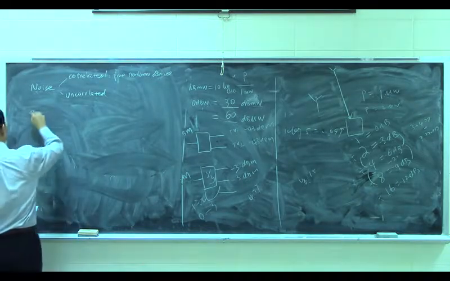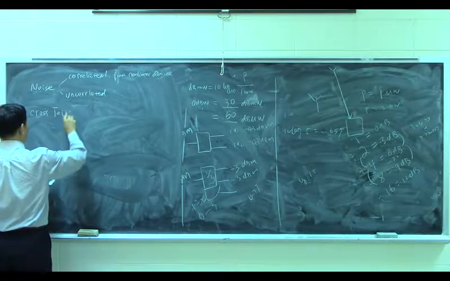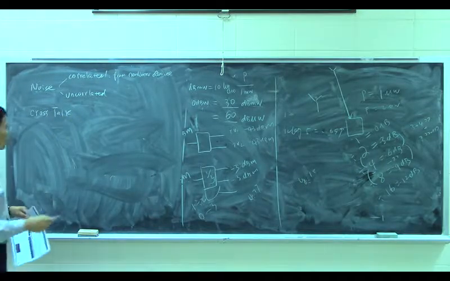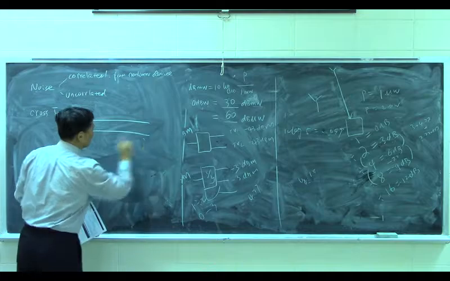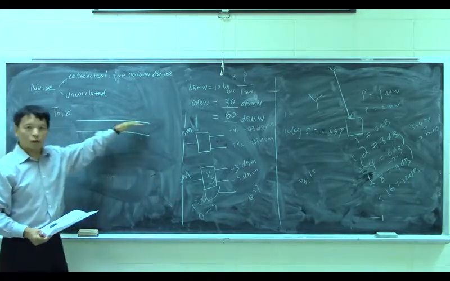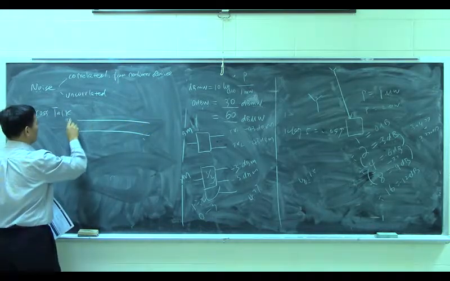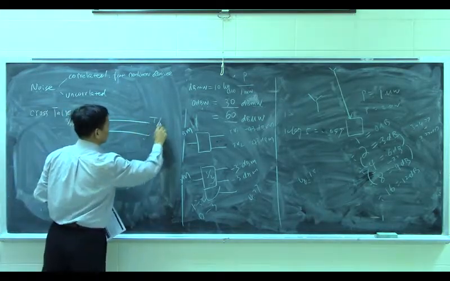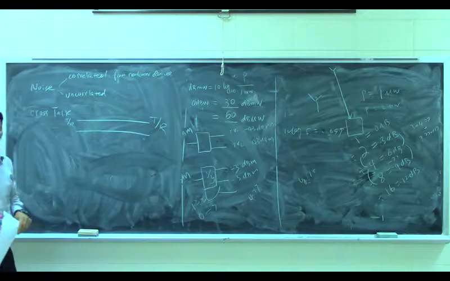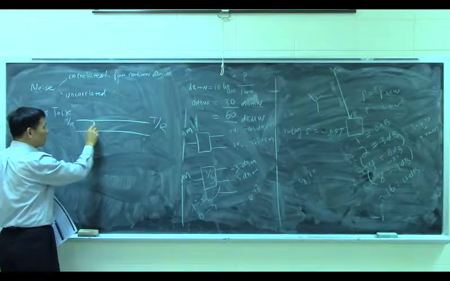The next one in communication systems is another one called crosstalk. Crosstalk means, for example, you have a cable. Usually this cable has two ways, right? Transmit, receive. So this is the transmitter, T and R. This is also T and R, right? Transmit at the same time. You are here. Right? If the noise is from yourself,